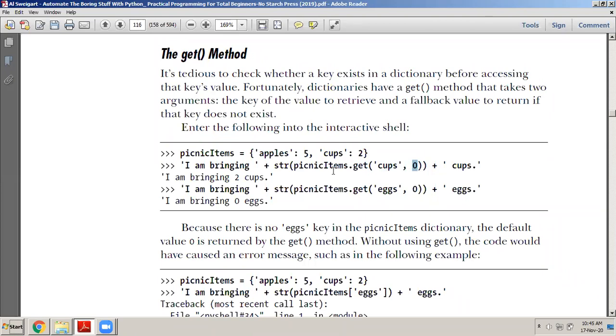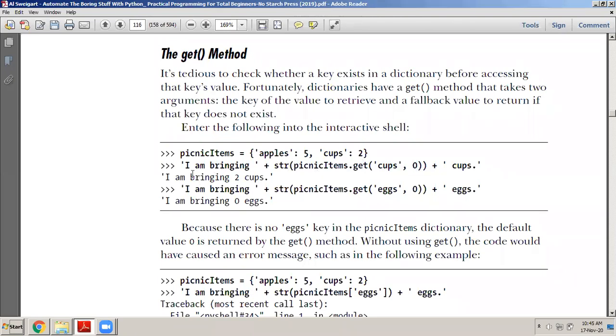What will happen is, this get method will give you back the value of cups if the cups key is present in the dictionary. If the cups key is not present in the dictionary, then it will give you back a 0. Have a look at this.